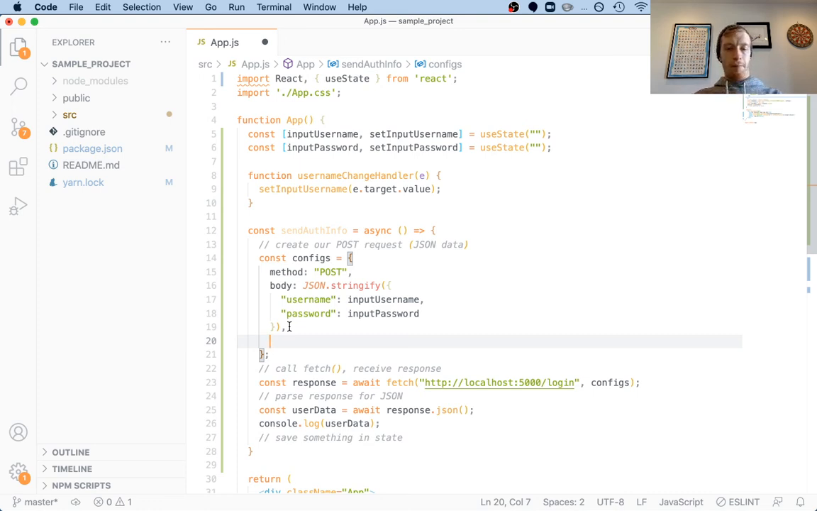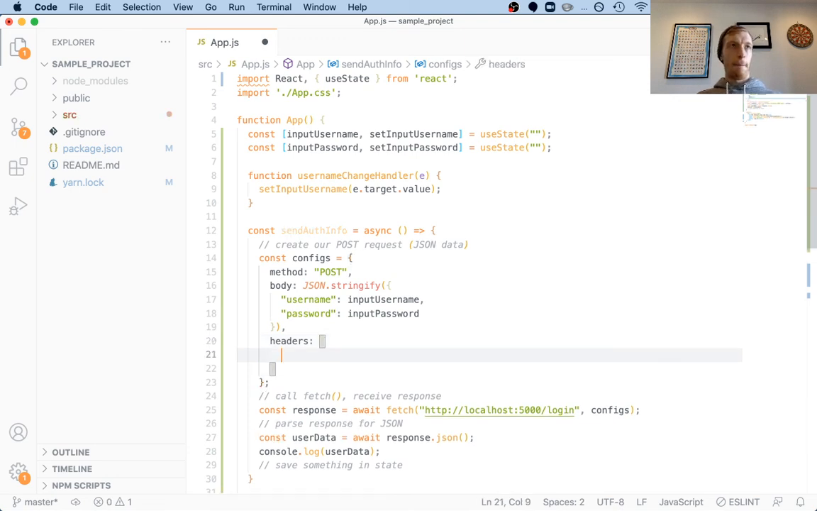So, finally, we're also going to send one type of header for now. And here the headers are pretty easy. This is just an object of properties, which are the header name, and the values are just the value we are setting to that header, right? So the one we're going to use is